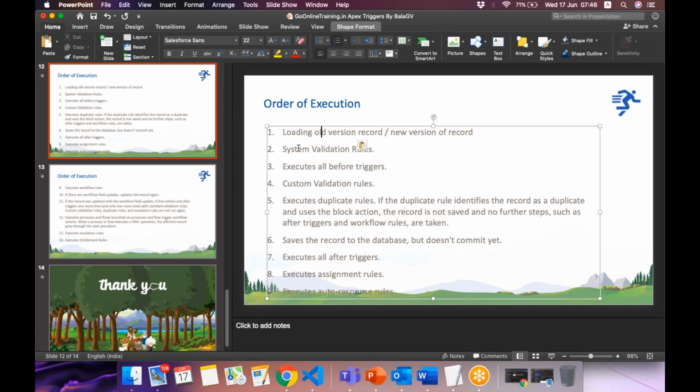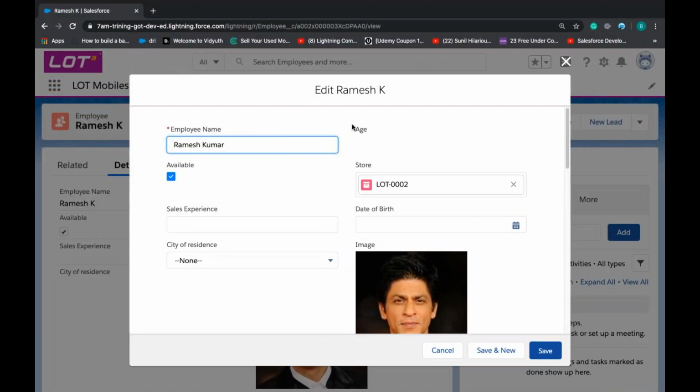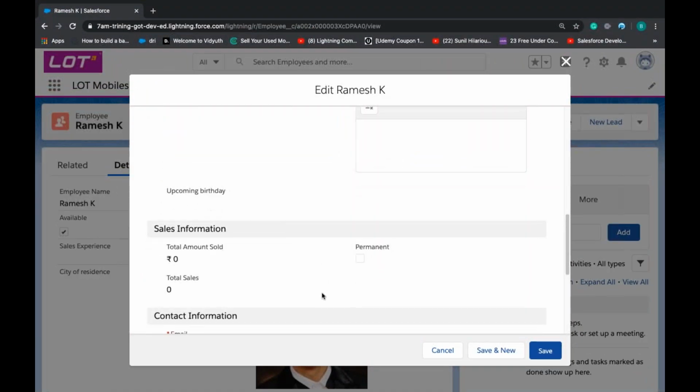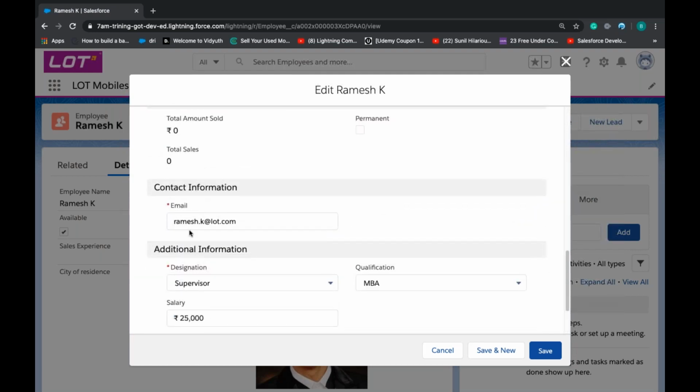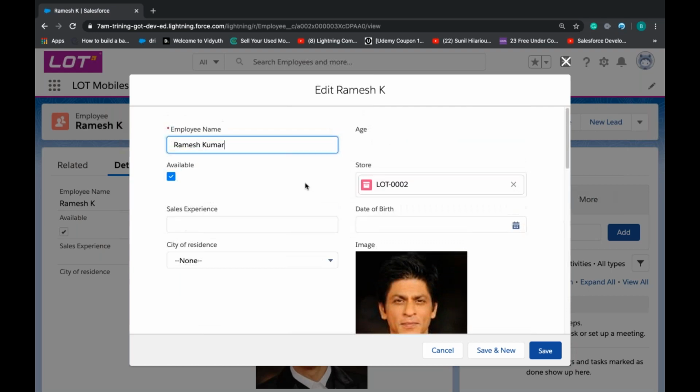Then system validation rules will execute. So what are the system validation rules? System validation rules are something like mandatory fields. Mandatory fields are system validations, right?